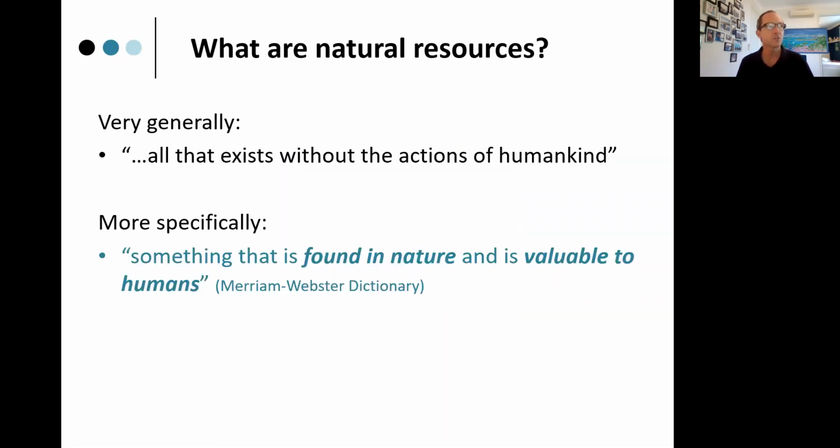So what's a natural resource? Very generically, all that exists without the actions of humankind. So there's nothing we have to do to make a natural resource. It's there for the taking. I guess previous generations of humans thought the natural resources were there, and if you could put in the effort or the energy to take them and turn them into a product that was useful to you as a human, it was almost a right assumption that you were allowed to take that resource and use it. So when populations were much smaller in the world, that concept, the natural resources were limitless,